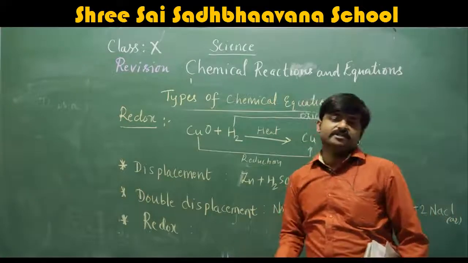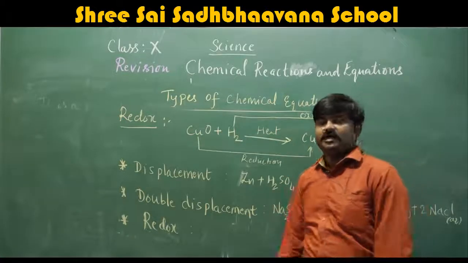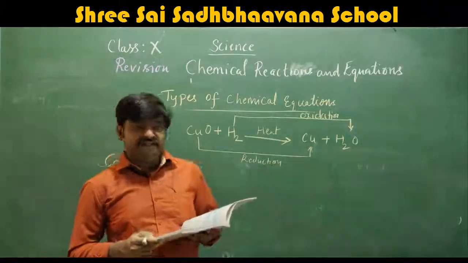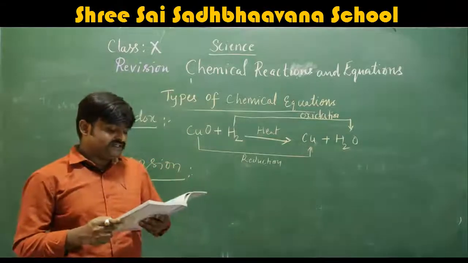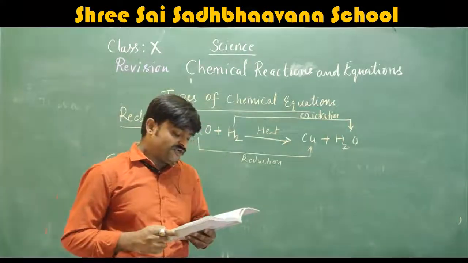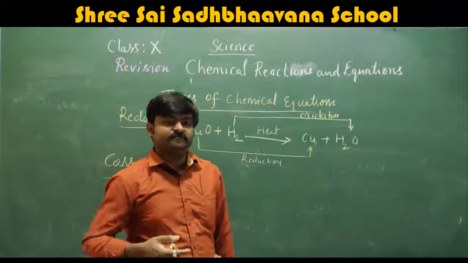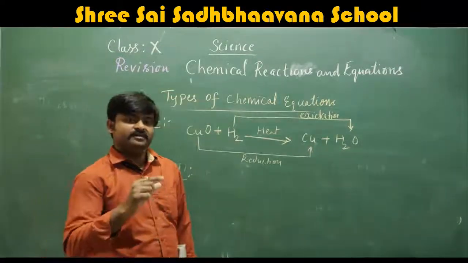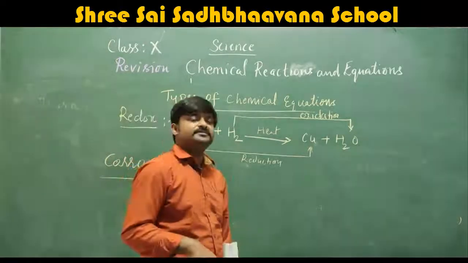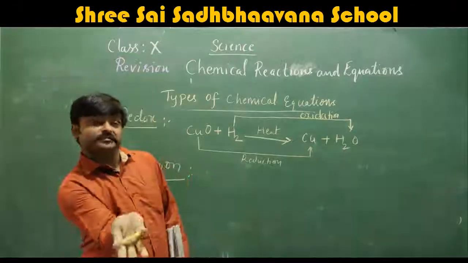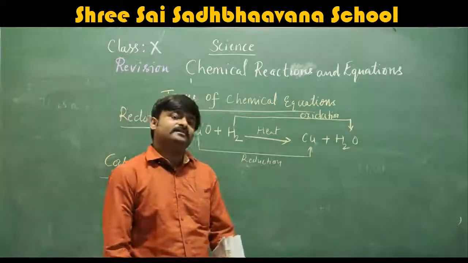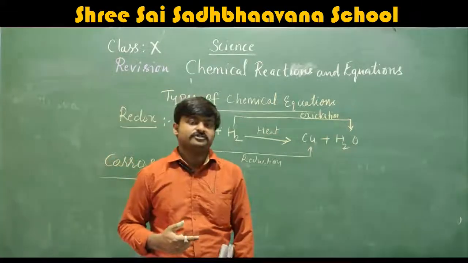Next is the last concept of this lesson, corrosion and rancidity. Here you must have observed that iron articles are shiny when new, but get coated with a reddish brown powder when left for some time. This process is commonly known as rusting of iron. Due to the presence of water, moisture and air, due to atmospheric chemical reaction, we can see the reddish coat on the surface of the iron. That is called corrosion of the metal.